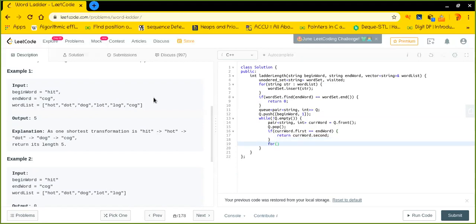Now, as we have discussed before, we will be changing each and every character with all the possible 26 alphabets in the English language. Like hit will be changed, first of all, to AIT, then BIT, then CIT, up to ZIT. At the same time, we need to take care of the already visited strings.